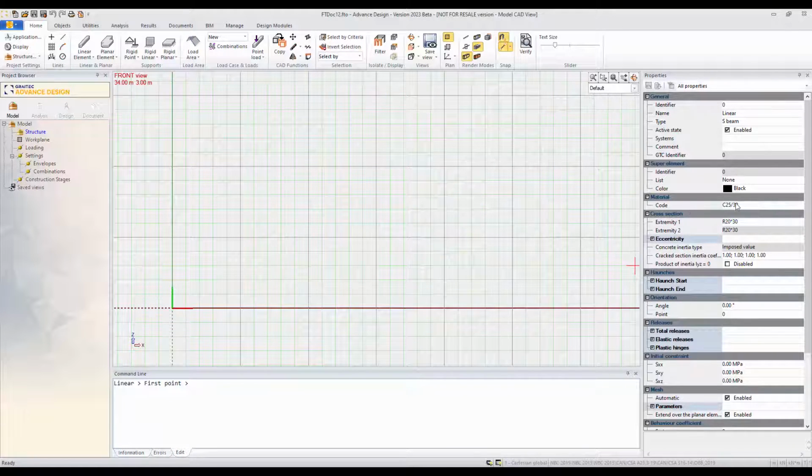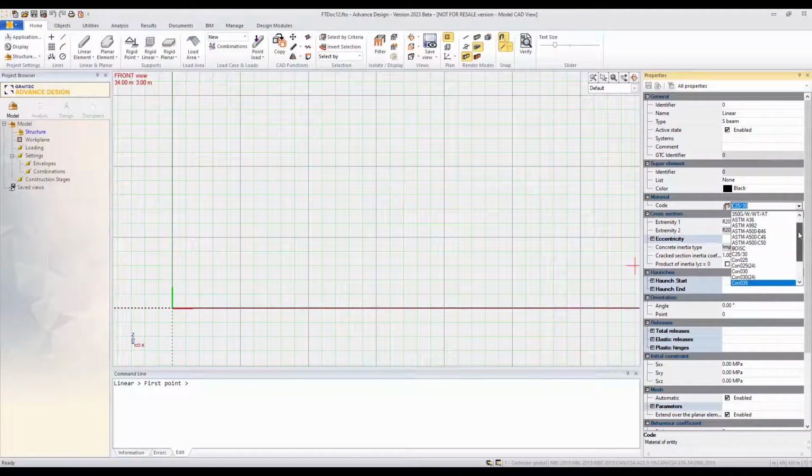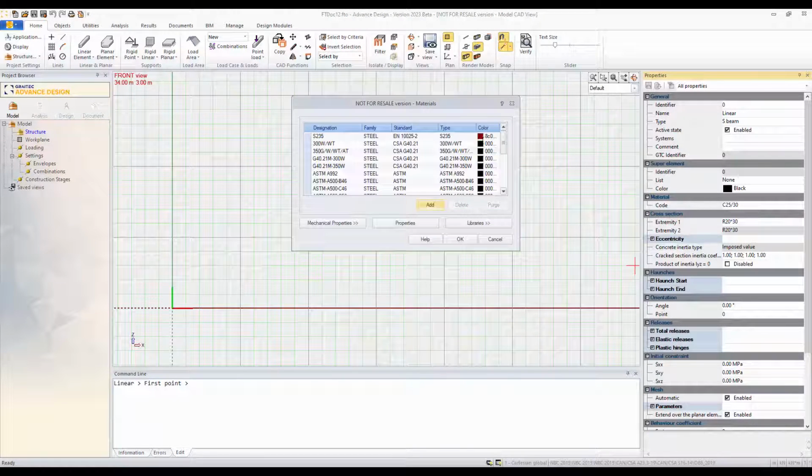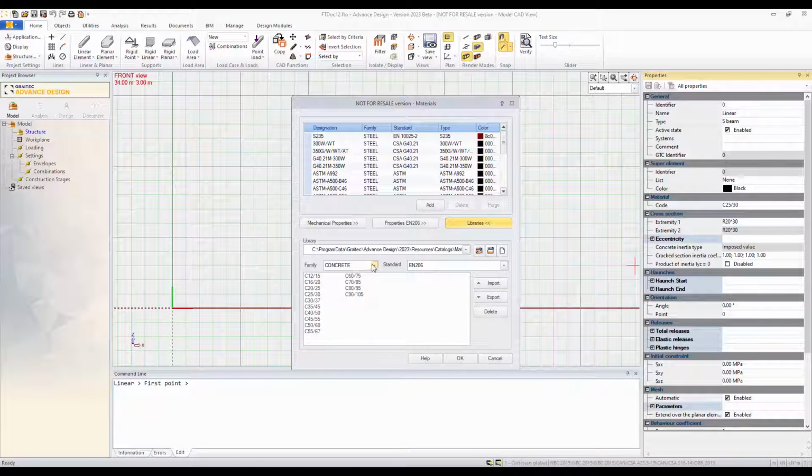So you can start from concrete, or the material is here. I can simply click there, drop down. I can select one of the default materials that I have here, or if I cannot find them here, I can easily click here and access the full library of material that we have in advanced design. So I can click here, library. So we can go, for example, as steel,